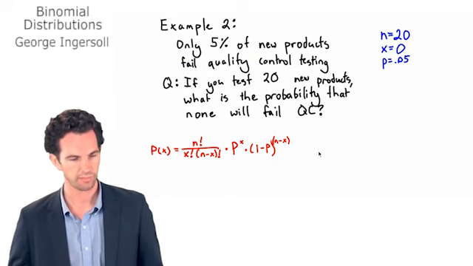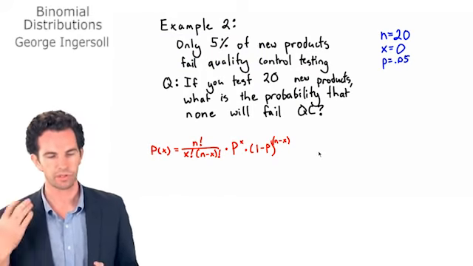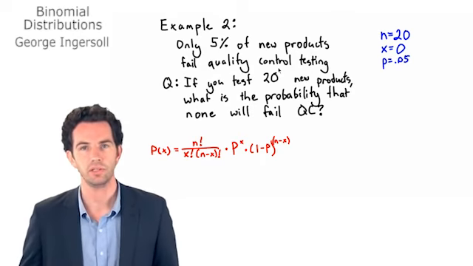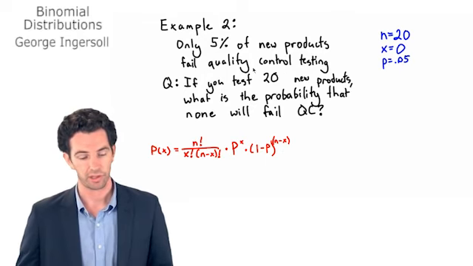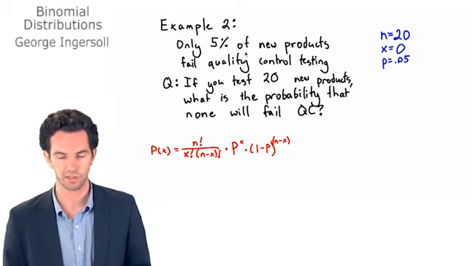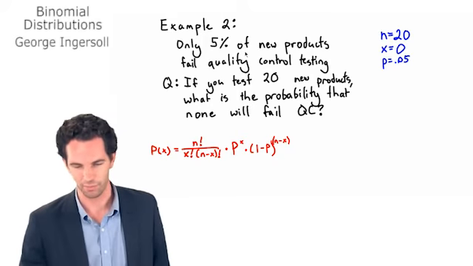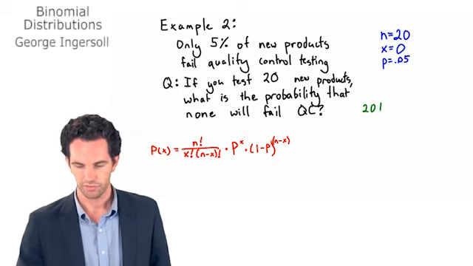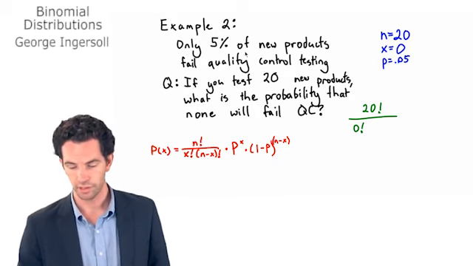Here's our equation again. In this one, remember, we were trying to figure out the probability. If the probability of failure in QC testing for any product is 5%, and we test 20, what's the probability we get exactly 0? This one's actually quite a lot easier to do. So I lied. I am going to write this one out. This is going to be 20 factorial over 0 factorial, also known as 1, times 20 factorial